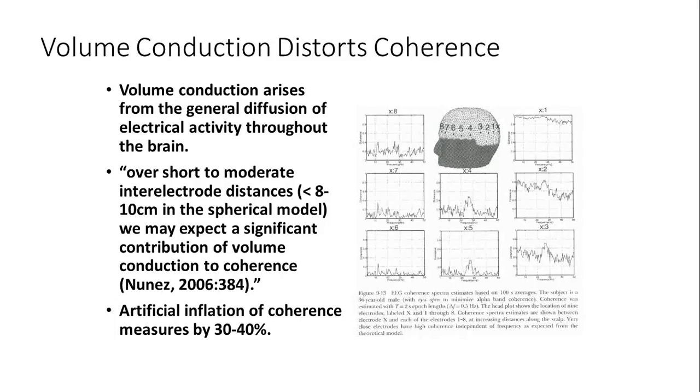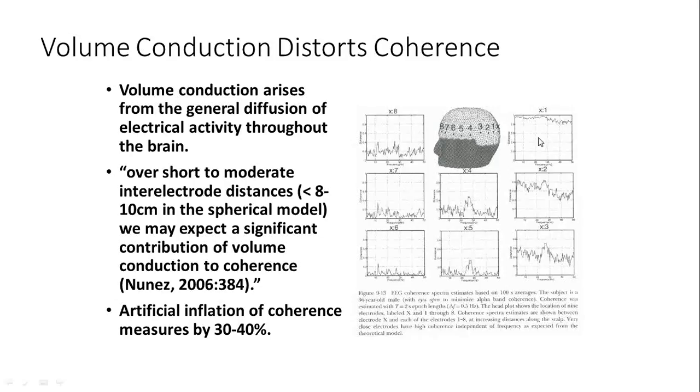So if we're going to measure coherence accurately, we have a problem if those locations are less than 8 centimeters distant. So the closer you have two locations like O1 and T5 or T4 and F7, those are pretty close together. If you went from CZ to C3, that would be even closer together. So when you get those really close connections, you're getting an inflation of coherence. It's going higher than it actually is in reality because of the volume conduction involved.